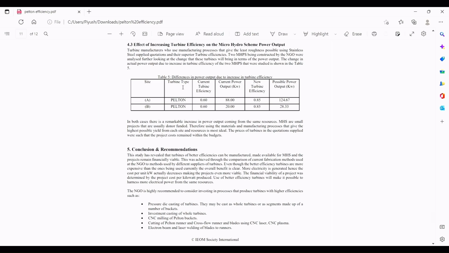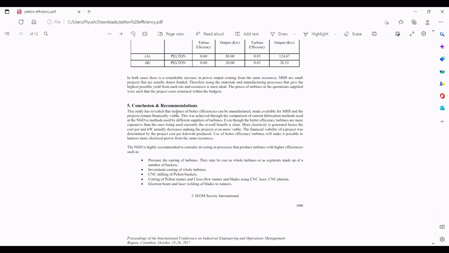In table number 5, the new efficiency for both of the MHPs turns out to be 85%, which is a 25% increase in the efficiency. Conclusion and recommendation. Using the material and manufacturing processes that give the highest yield possible from each site and